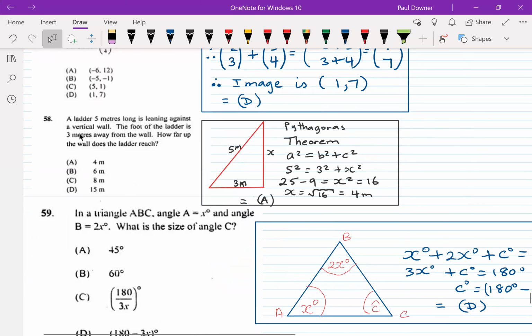In number 58, they say a ladder 5 meters long is leaning against a vertical wall. So this is my ladder here, and it's leaning onto this vertical wall here that I drew, okay? Vertical wall means